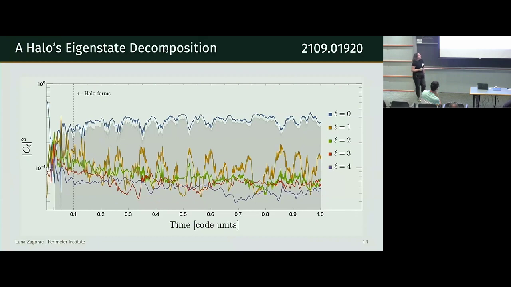So what would have been really nice is to find that this is mostly a ground state with some perturbations, because then I could use perturbation theory and really save myself the numerical hassle. Unfortunately, that's not quite true, but we can nevertheless use this approach to say something about the qualitative behavior of our halos.